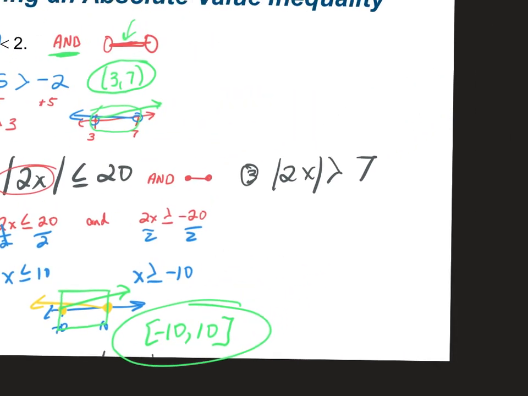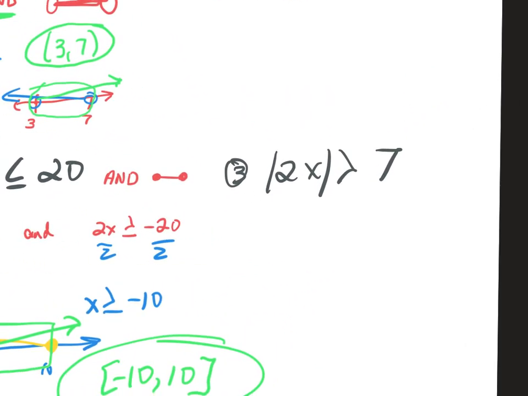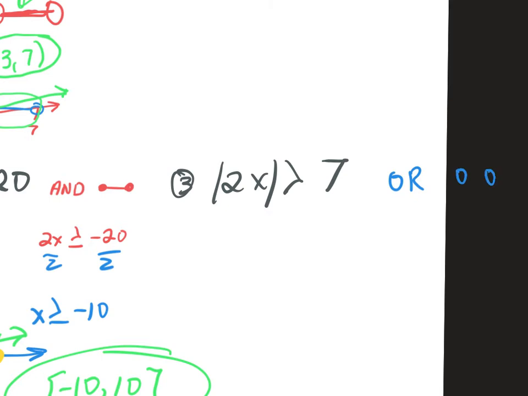Okay. So look at number 3. It's a very similar problem. The only thing that's different is, this is a what? Absolute value of 2x is... what does that sign say? Greater. This is an "or" problem. So when I have an "or," generally my picture looks like this and I go opposite directions. I have open circles because there's no line underneath. You guys with me? All right, so I have 2x is greater than 7 or 2x is less than negative